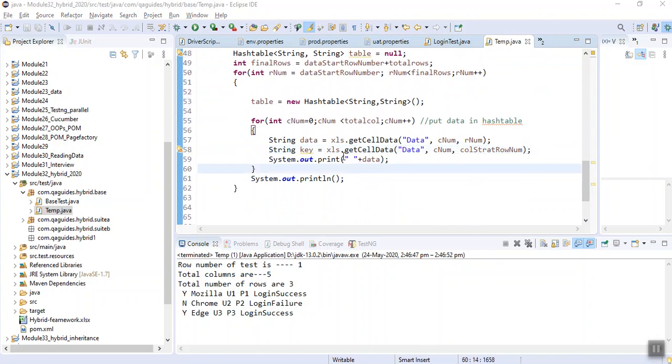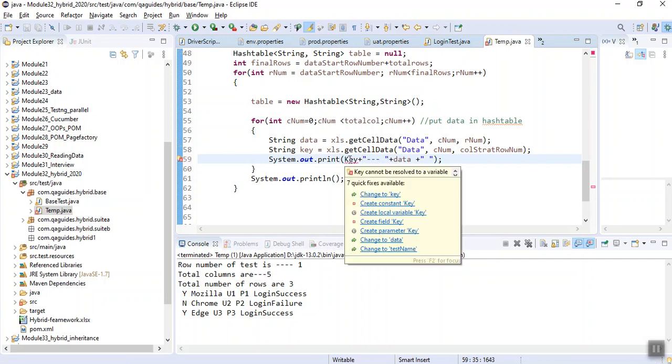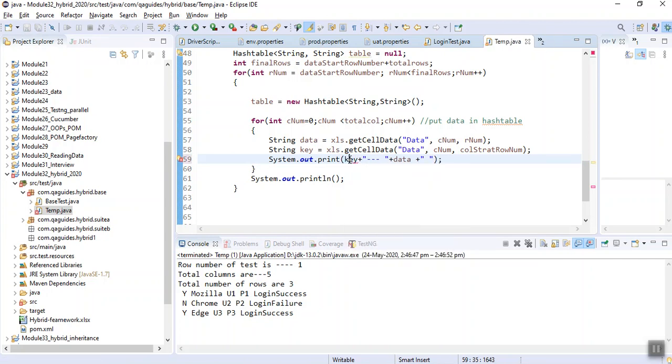Now I can print the key as well as its value, so let's print key and data. Let's put more space. It depends on you how intelligently you do these things. Let's run it out.